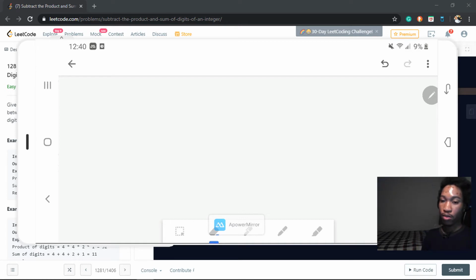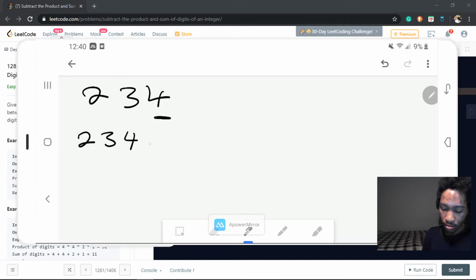One way you could extract all the single numbers in an integer is by using the modulus operator. So how does this work? Let's say we have the number 234, and you want to get the number 4. What you do is 234 modulus 10, and this gives you the remainder, which is 4,